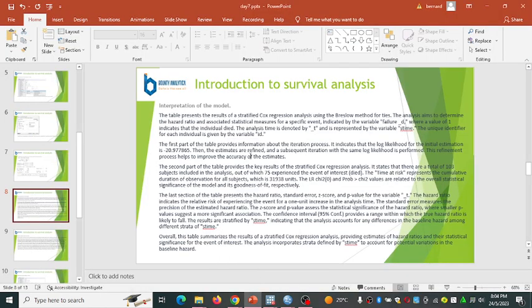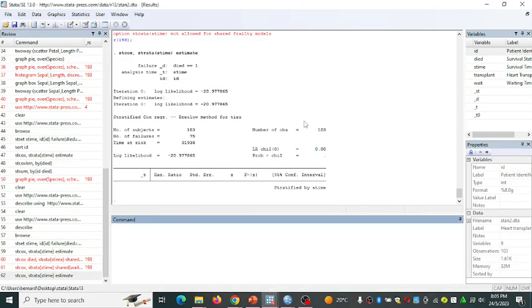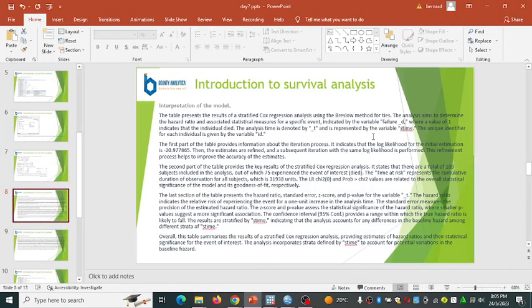Then the estimates are refined, and a subsequent iteration with the same log likelihood is performed. So the refinement process will help to improve the accuracy of the estimate. So the second part is this one. You can see here, that is the second part, which indicates